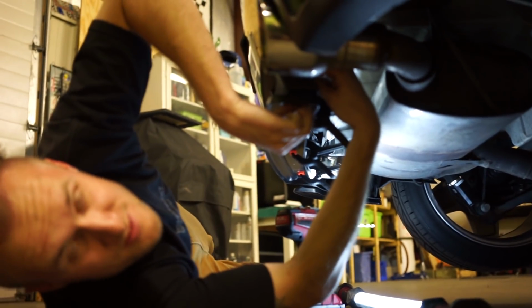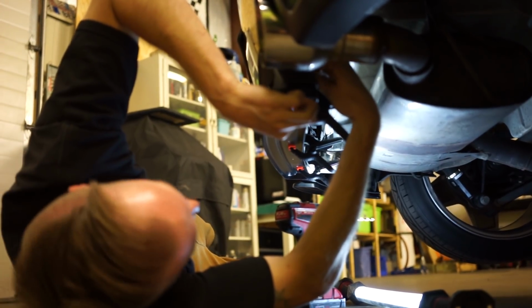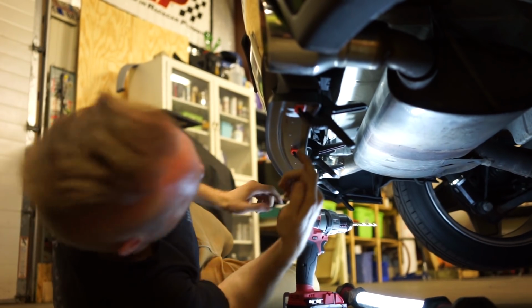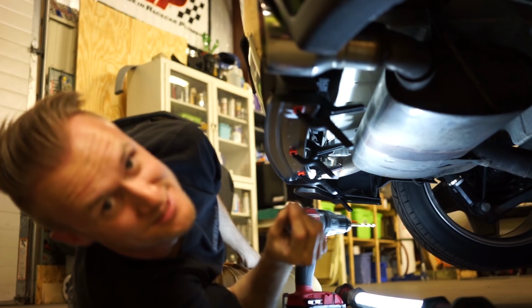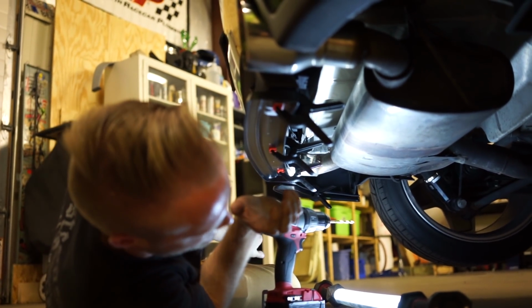Just marked 8 holes. Kind of just did it by eye, sort of what I thought was even. Sort of my technique with this is I'll drill 1 hole at each end and then put a screw in there to pin it in place. That way when I drill all the center ones, I know that this isn't going to shift on me. So